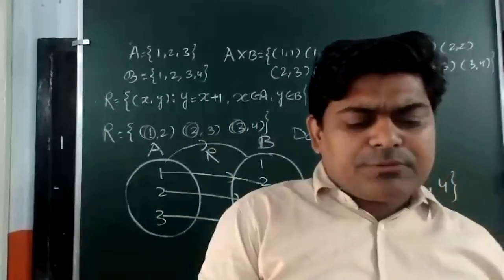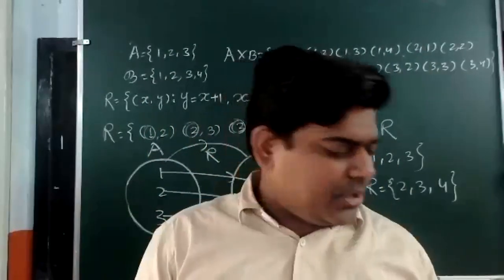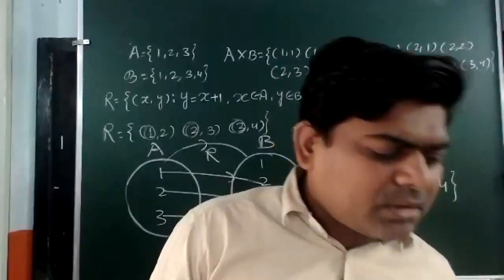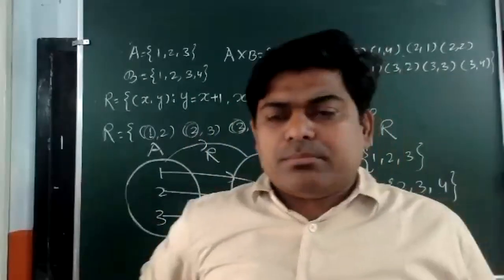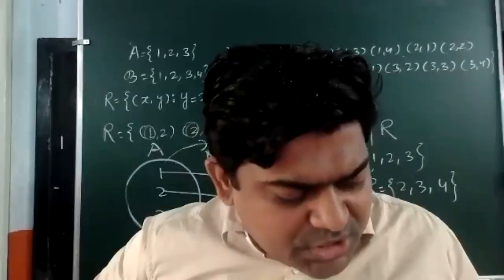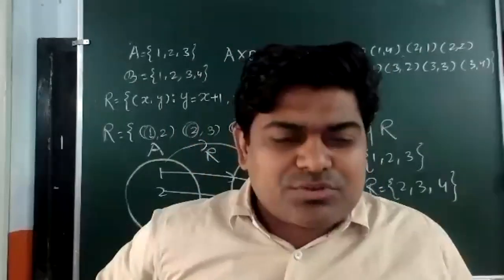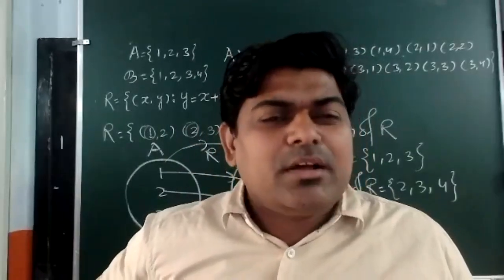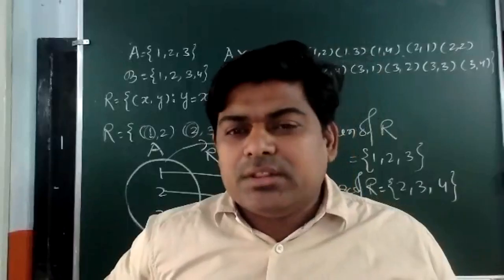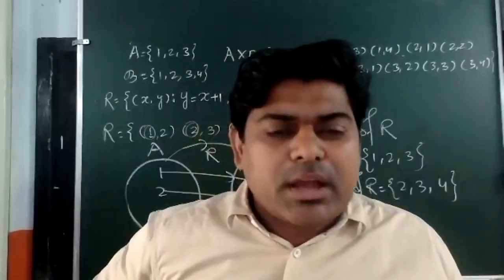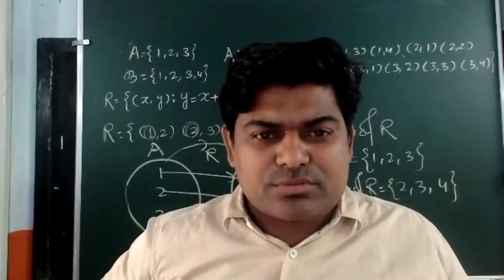Now, I'm moving to the question. You can see that the first question has given two sets A and B, and the cardinal number of A and the cardinal number of B are given. Cardinal number of A is 2 and cardinal number of B is 3. Then the first question is, find the number of relations from A to B. First of all, I'll find the number of elements in A cross B, that will be 2 into 3, and the number of relations from A to B can be written as 2 to the power 2 into 3, which means 2 to the power 6, it is 32, sorry, 64.